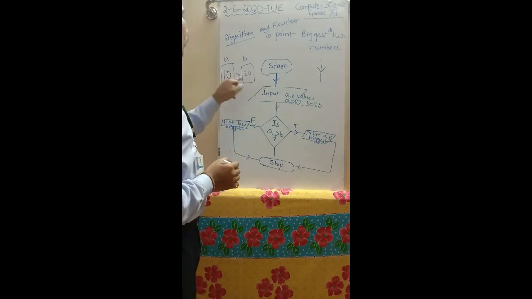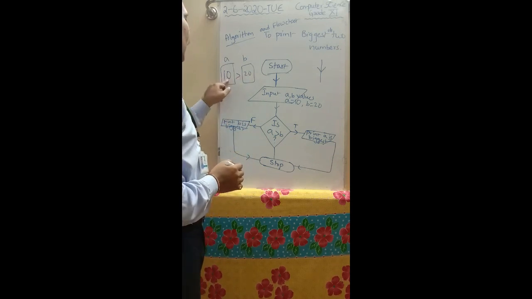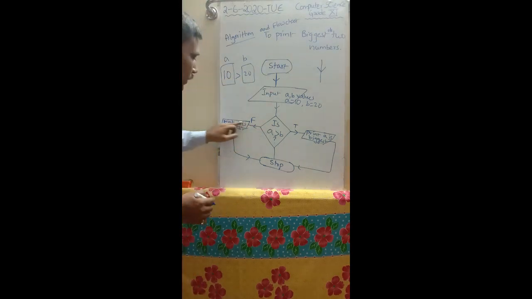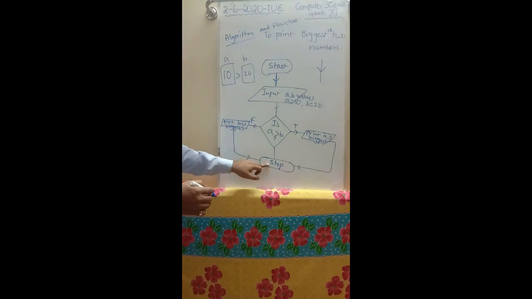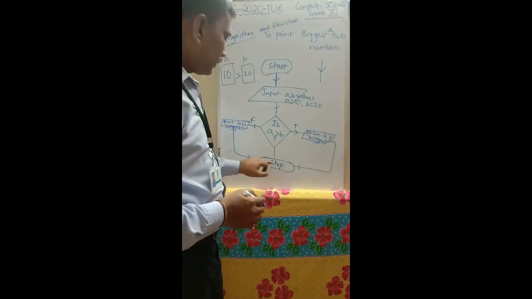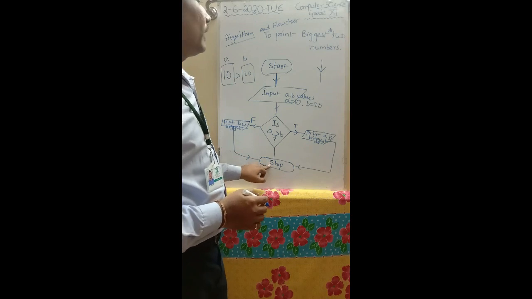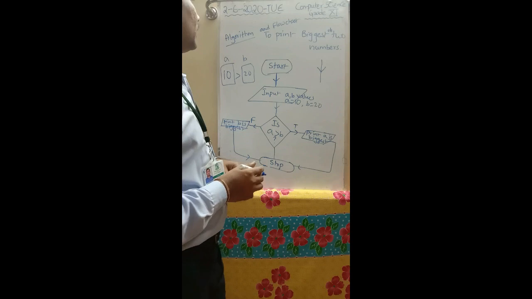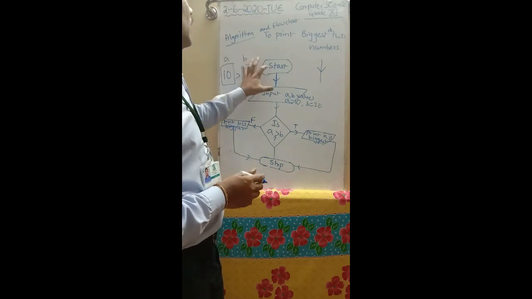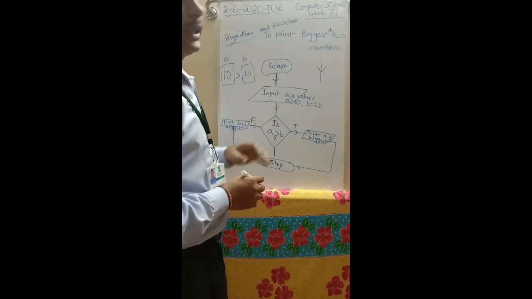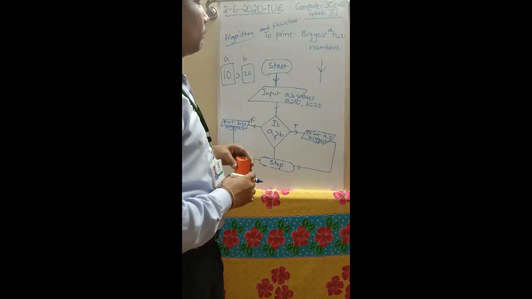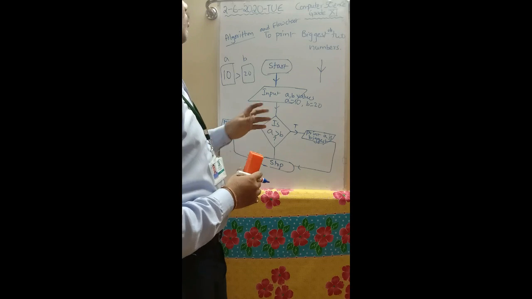Here, true or false? Here 10 is less. Here 20 is greater actually, but this statement is false. That's why it comes to this control flow and it displays "B is biggest" and stops the process. In this way, an algorithm, a sequence of statements or instructions, is constructed by using the different symbols of flowchart. So all these flowchart symbols are very important to construct flowcharts.